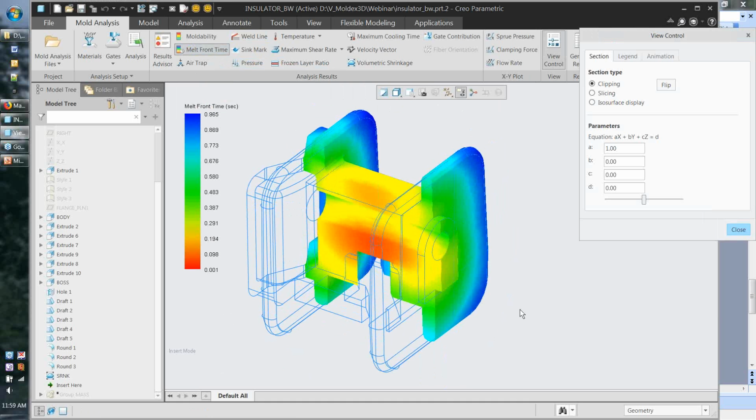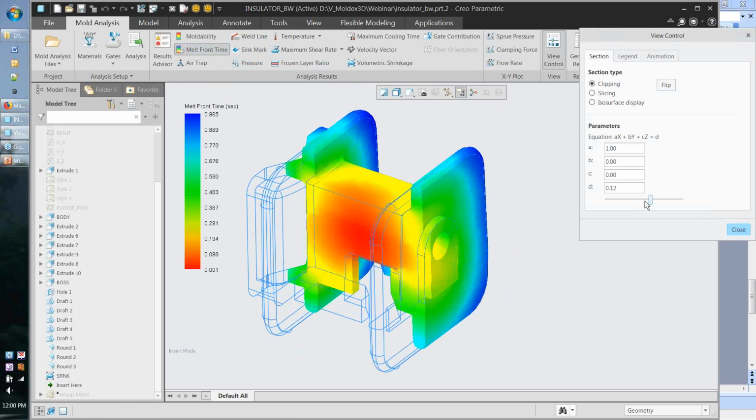I can also walk the section along the part in order to view the information at a different section location. So I can gradually move the slider with my mouse wheel or just by sliding it in order to